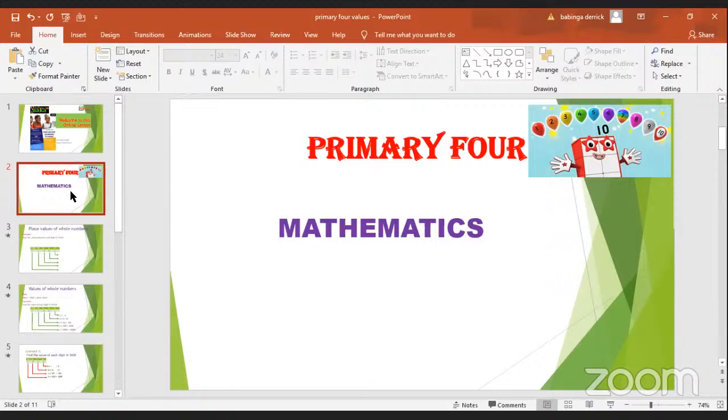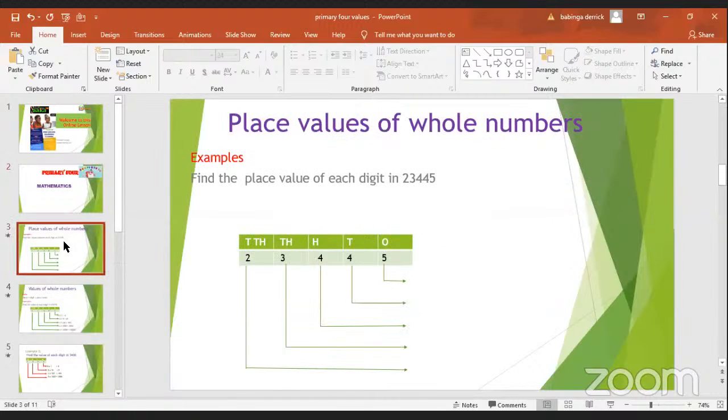From our ideas, we've got that Mbabas has shared with us, and some other colleagues of ours, Kirsten and others, have told us that the place value refers to a place where a number is. And we have an example here. Let us see how best we can give place values. The first step, after knowing that it refers to the place where the digit is in a given number, is to give place values.